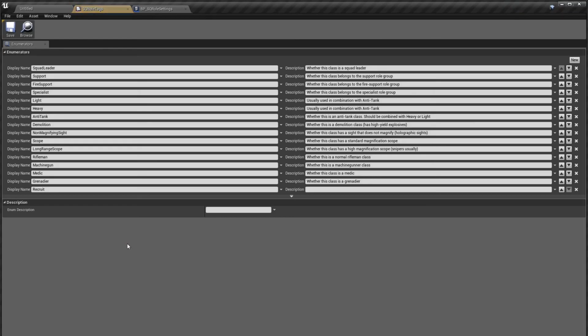You can find a list of all tags in that enum. Some of them are related to scopes, some of them are related to the weapon itself, and some of them are related to the actual role. This is supposed to be extended without limit, and you can request new tags in the Squad SDK request channel.